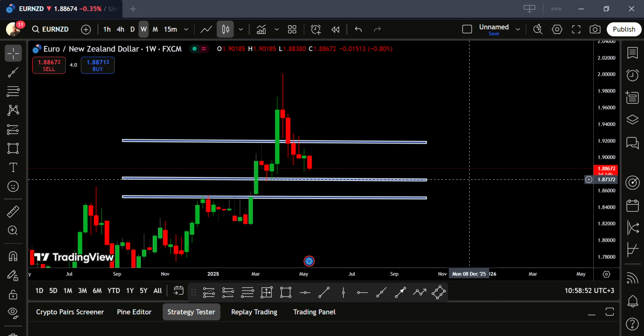So on screen I have Euro NZD, and as you can see clearly, I want to show you what happened on Euro NZD, and then we can proceed with the